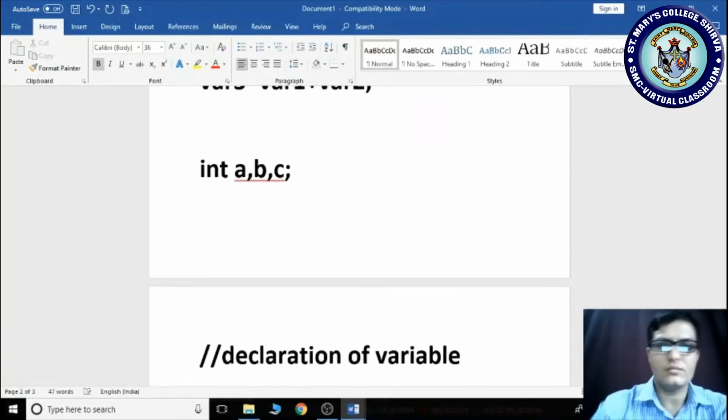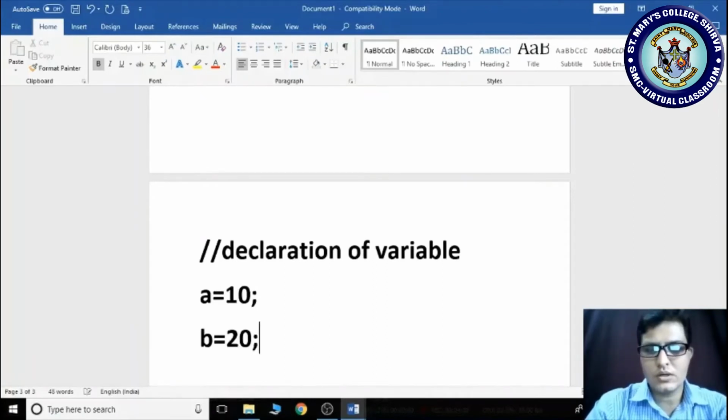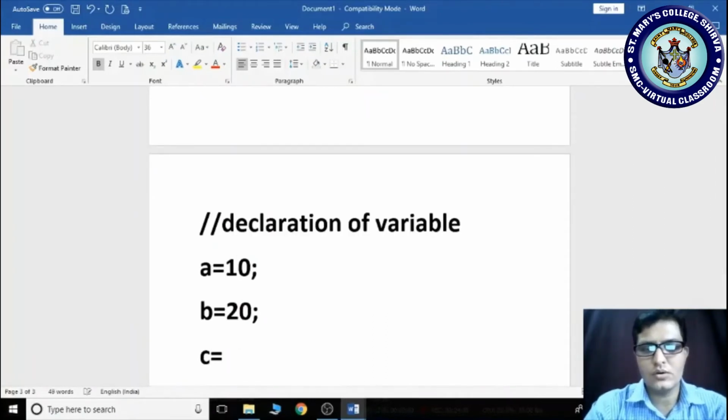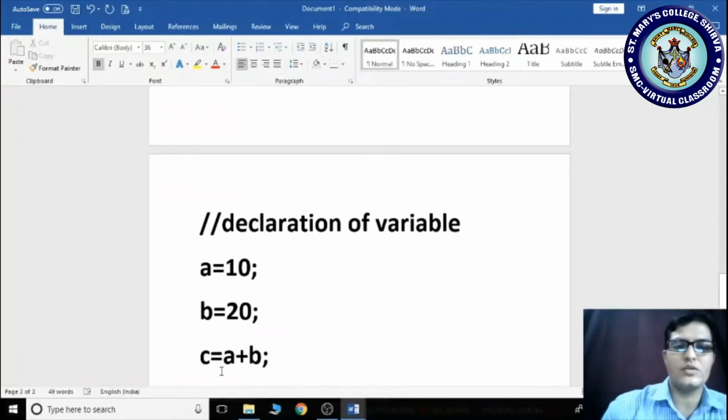After declaration I am setting the values: a is equal to 10; b is equal to 20;. Now I am processing: c is equal to a plus b. What will it store? 10 plus 20, 30 will be stored in c.